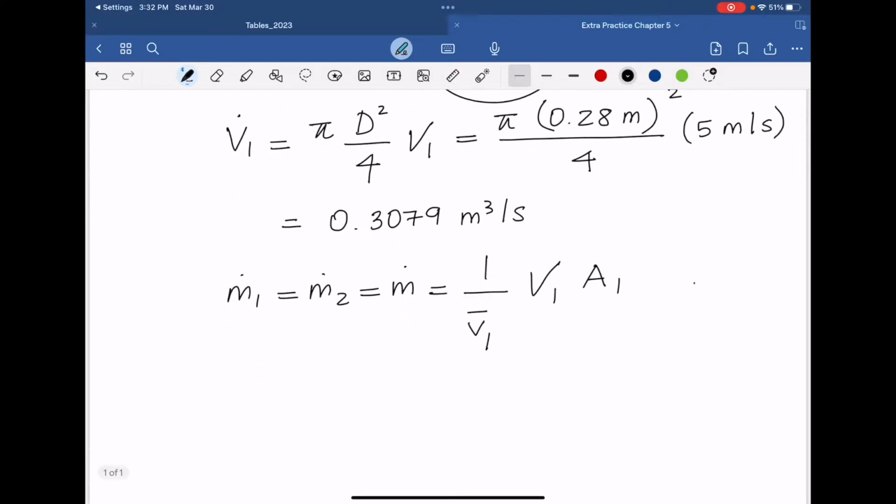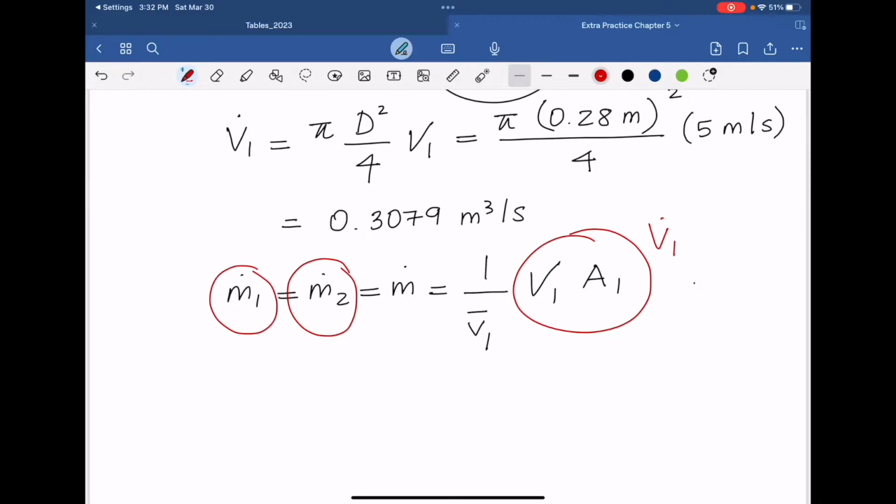Okay, so here we can find specific volume at the inlet because we have been given the properties of the refrigerant, and we have already calculated this part, right? Velocity times area, because that was volumetric flow rate at the inlet. Now, in order to calculate the mass flow rate, you can either use second state, in other words, exit properties, or first state or inlet properties. In this case, we are just given inlet velocity, so I'm using inlet properties to calculate the mass flow rate. And if we plug in the numbers now,